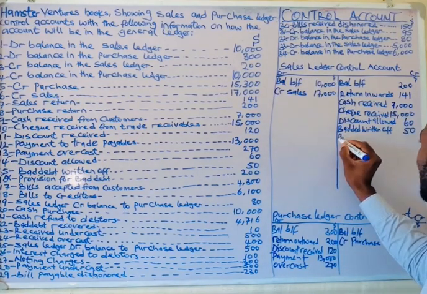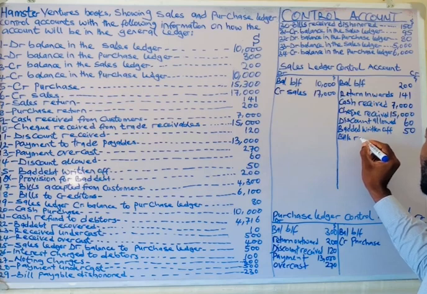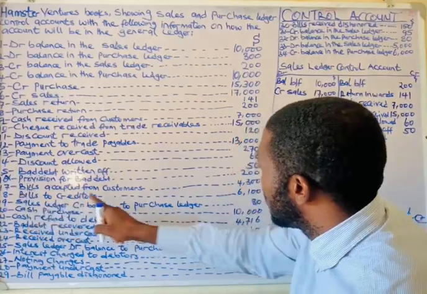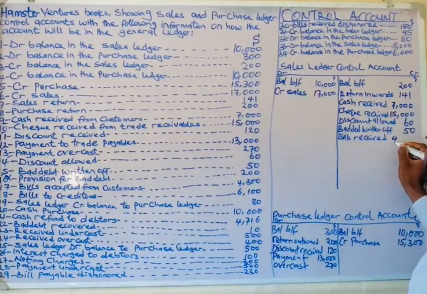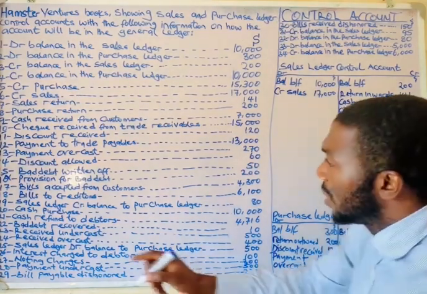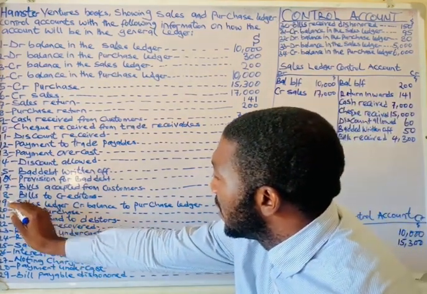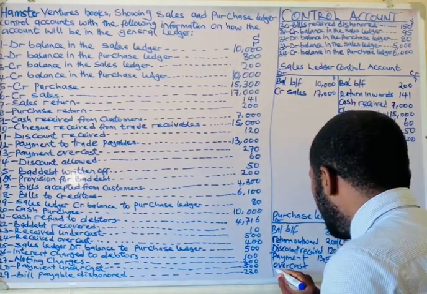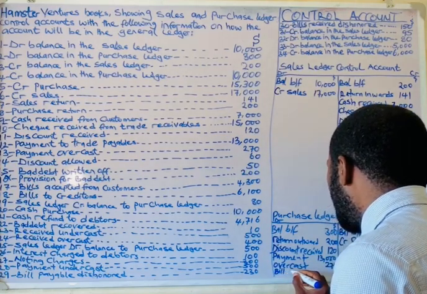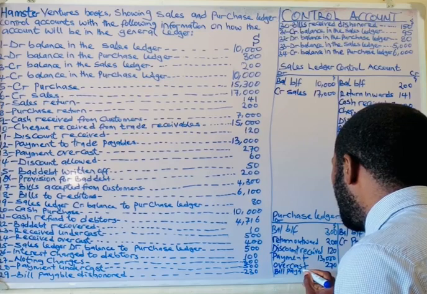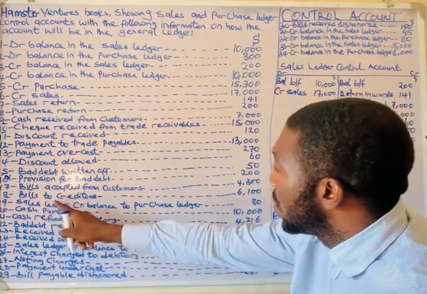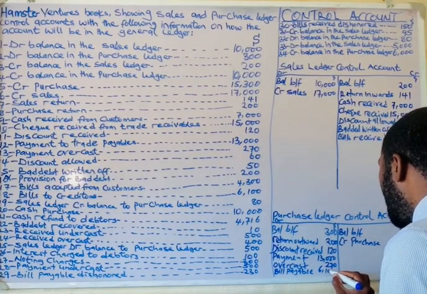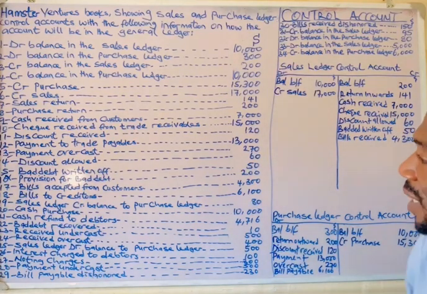You come here and say bills received or accepted. And the bills we received, bill accepted from customer, is $4,300. So number 18, bill to creditor. It will be reducing our credit balance with the creditors. So bills payable, and the bills payable to the creditor is $6,100. Then number 19,